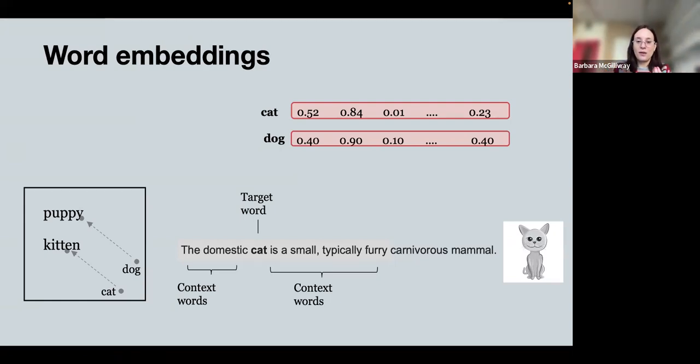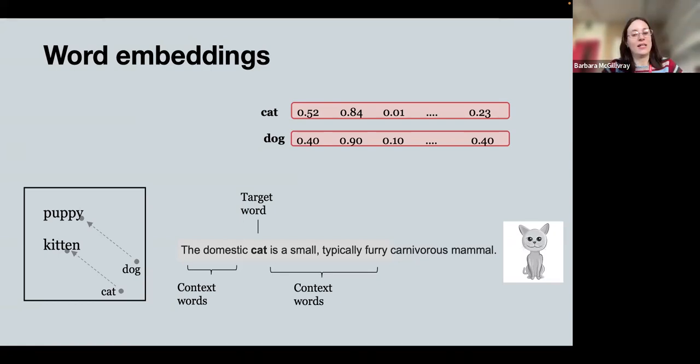Well, we take the word, for example, cat, and we take all instances of usage of that word. So all the sentences in our corpus of text where that word is used. We tend to typically focus on a context window, so a certain number of words to the left and to the right of our target word. And then we gather all this data, and we start to create these vectors which capture the sort of distributional